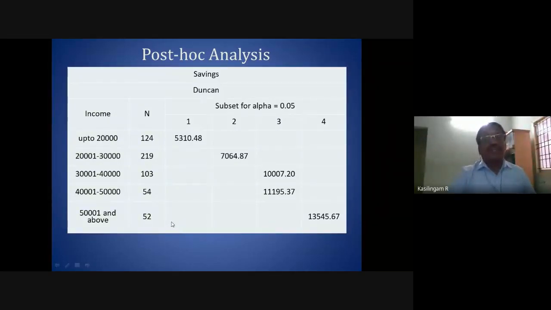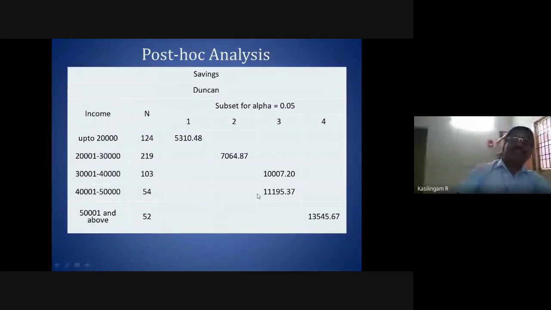In total it comes to 552. Now let us look at the next values it is giving.